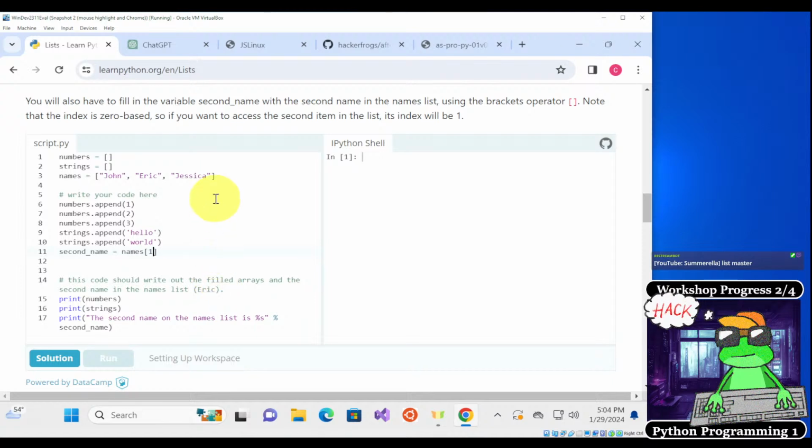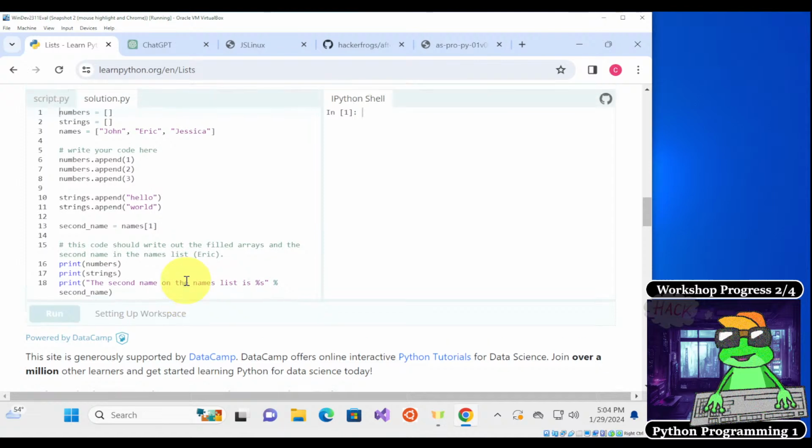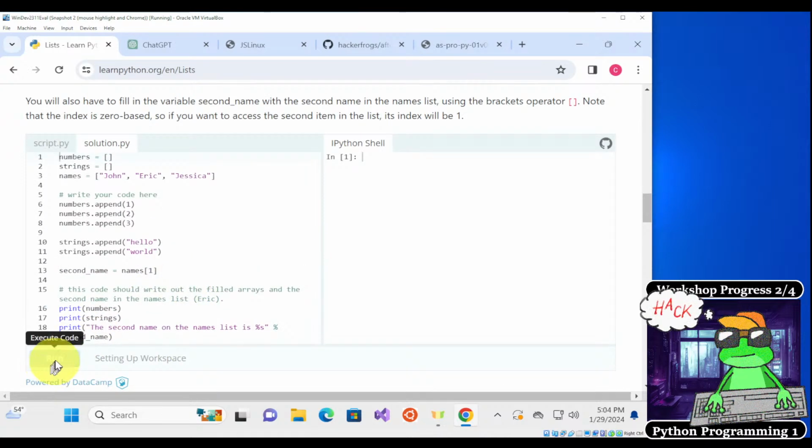Okay, so let's run the solution here. This is what I was talking about. Sometimes it takes a little while to spin up over here, and sometimes it's going to hang and it's not going to respond. So what I'm going to do is I'm going to copy this over here, and then I'm going to reload the page.